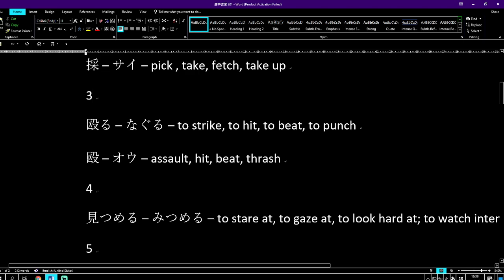With a ward on the left side, this left radical is a ward, and on the right side, all of this together is a weapon, or a buki. This isn't the kanji for buki, but buki is the actual word for weapon. Naguru is to strike, to hit, to beat, or to punch someone. The kanji itself has this ward, like ward of a city in it, but I like to think of it as like a target at a shooting range, and this weapon is hitting it, or assaulting, beating, or thrashing it. Naguru or o is to strike, hit, beat, or punch.